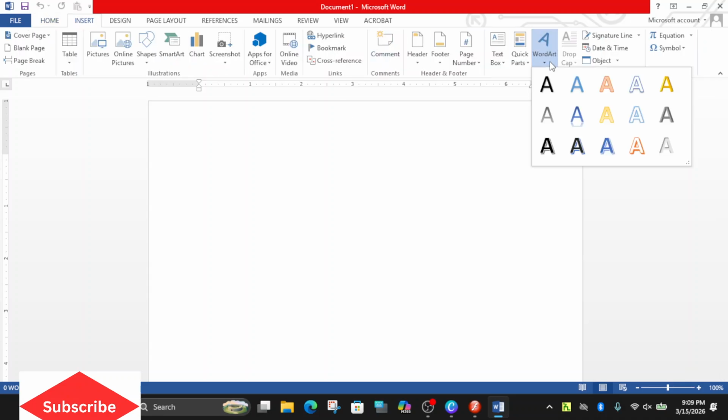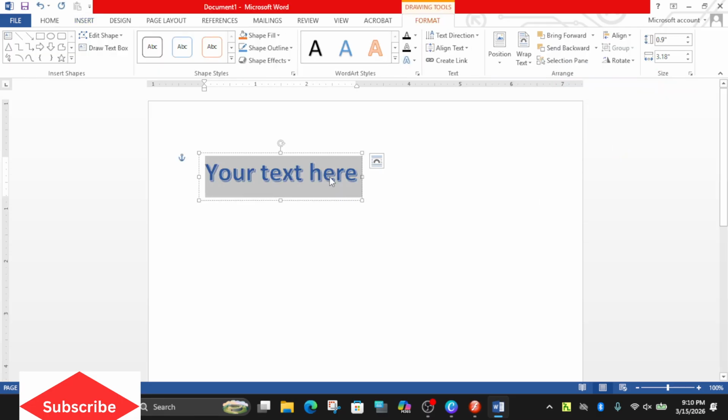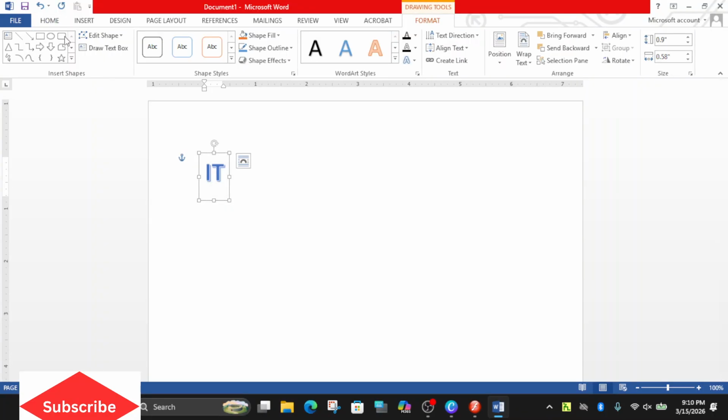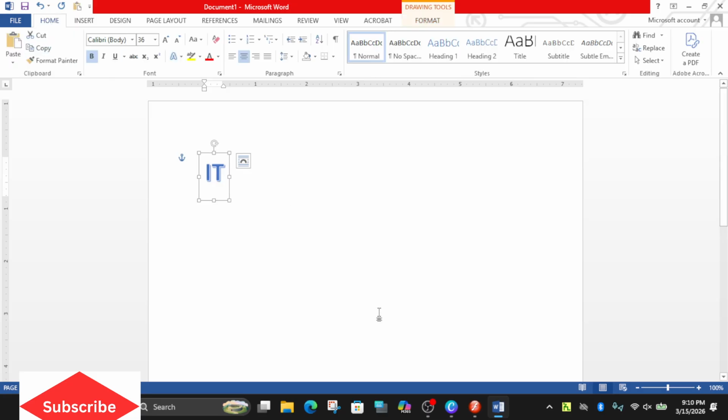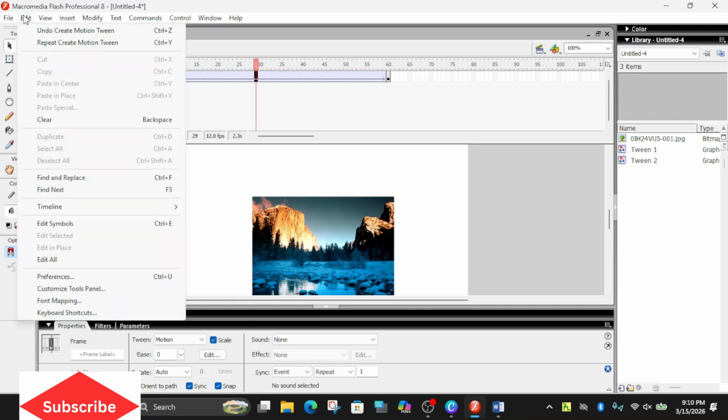We have a text here. You can insert this text easily. Copy, then here Edit, Paste Special.